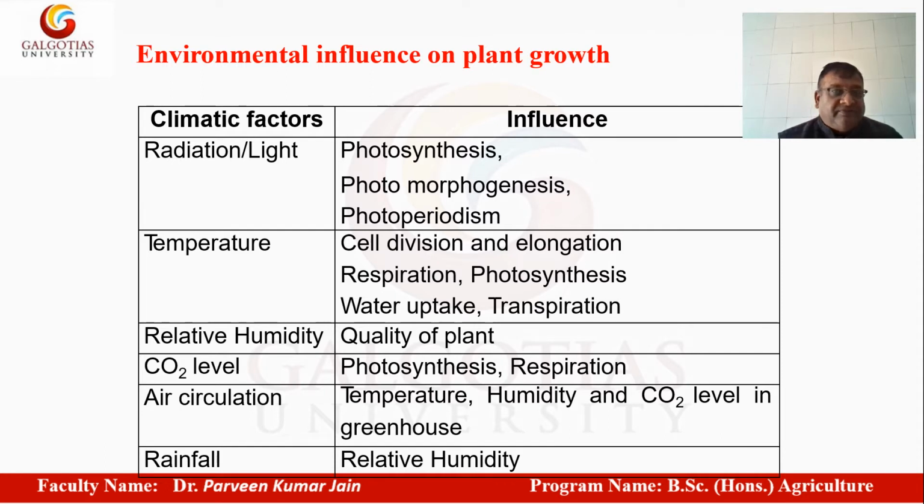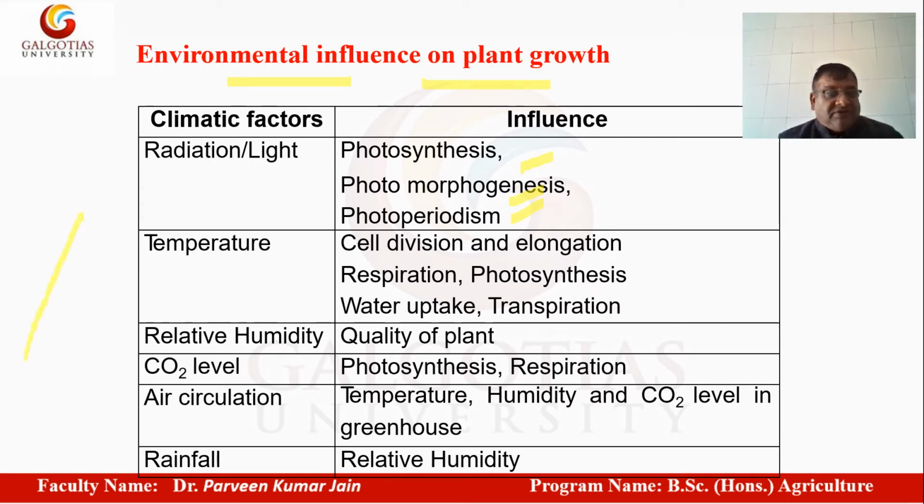So the different environmental factors which we just discussed, and their effect on plant growth, are like this. You can see here that photosynthesis, photomorphogenesis, and photoperiodism are directly affected by the sun's radiation. The temperature is directly linked with cell division, elongation, respiration, and photosynthesis. The relative humidity is also important. Carbon dioxide has a direct relation to photosynthesis and respiration. So whenever there is a